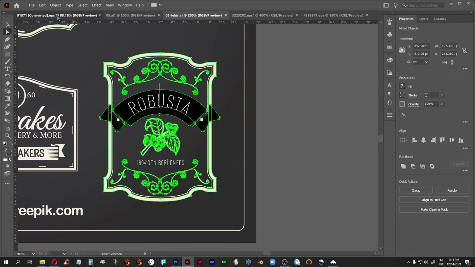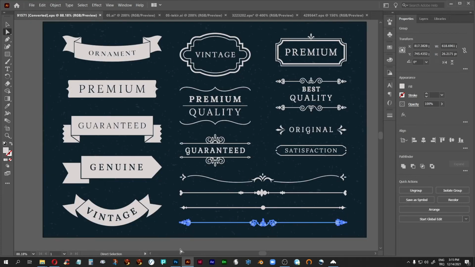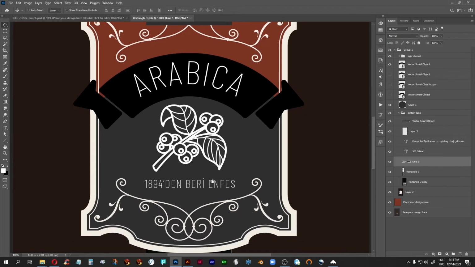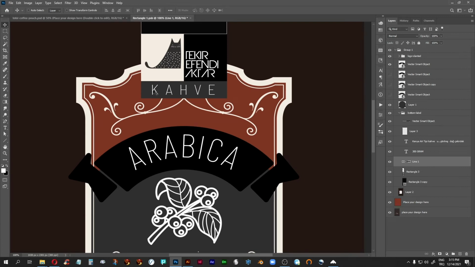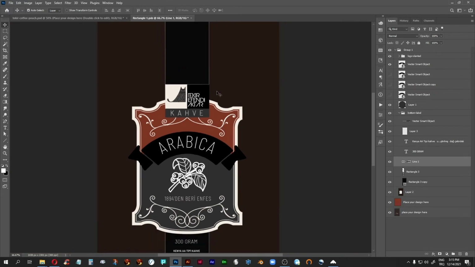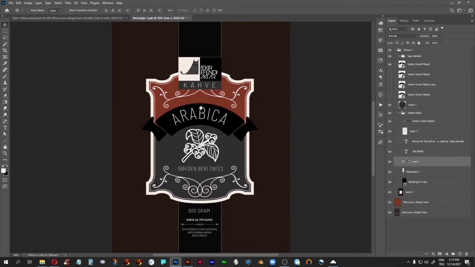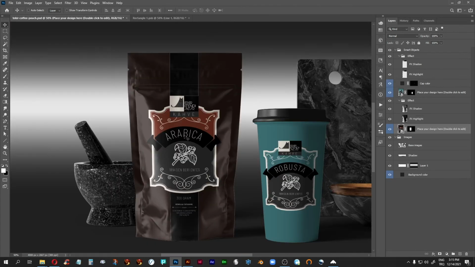thing here that I got from this one here is right here between the words Kenya A-type coffee and slow-grown coffee beans, the grammage obviously, and then I also put kahve, which is the byline, which is the subcategory that I'm putting this under in the identity. And so basically I created my own design, but I did that out of combining all of these